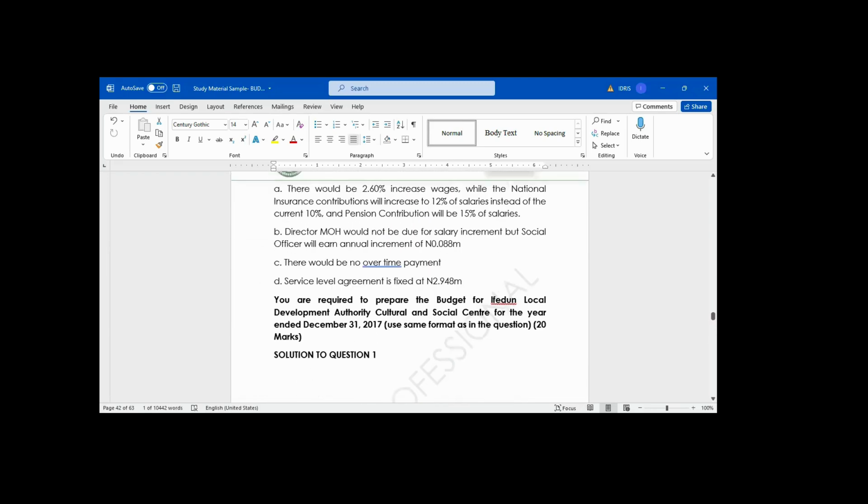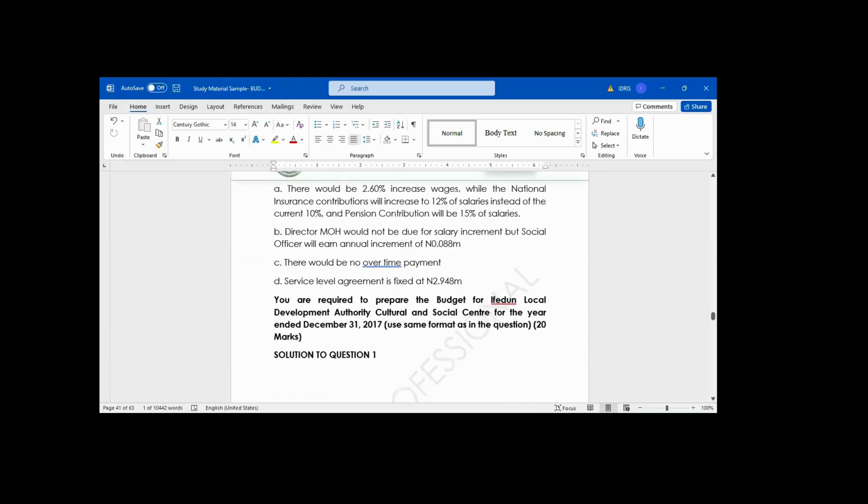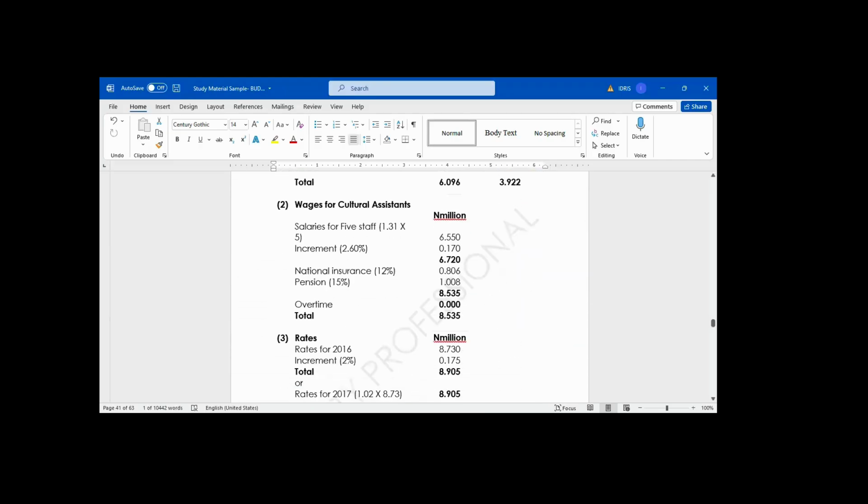If you look at note 6, that salary is going to increase by what percentage? 2.60. That means 2.60. Now, after we get 6.72,